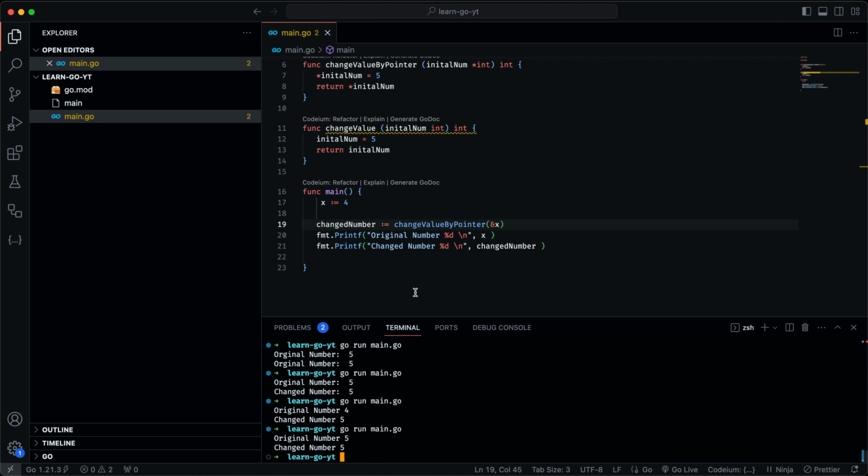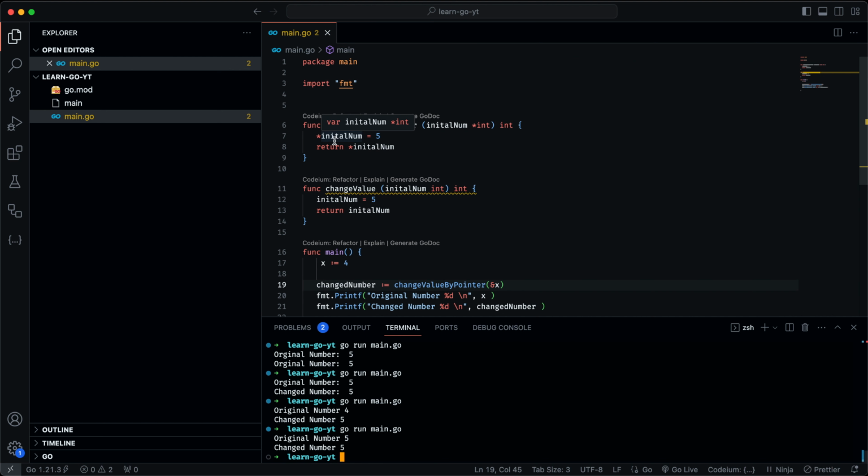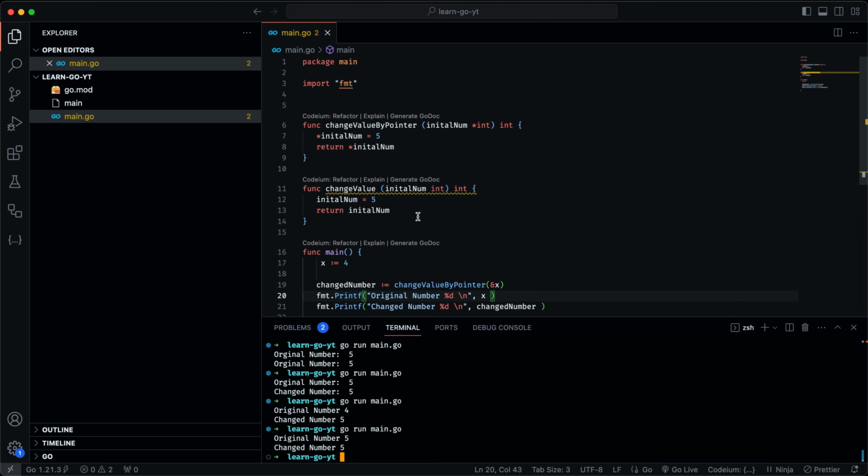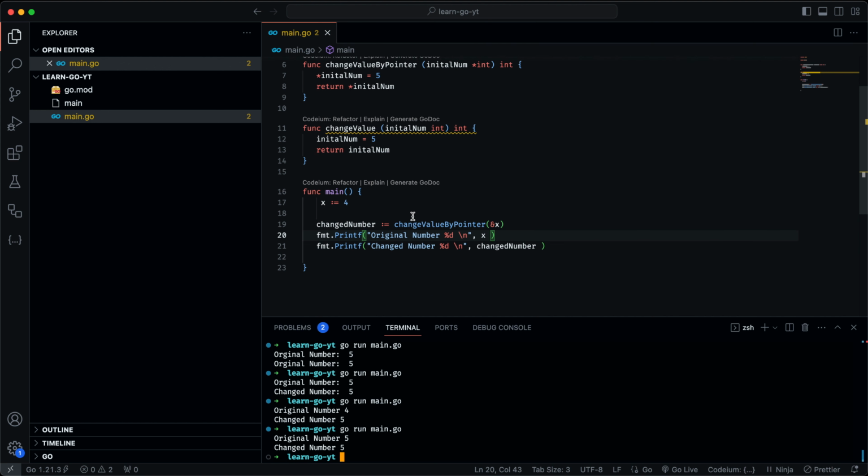So what this basically has done is, when we pass in that parameter here and change it to 5, this number as well gets changed. So this does not create a new instance for us, it changes the original instance. So that is the difference between, sorry, it's not a difference, but that is how pointer and the & sign work. Now let us go even further with